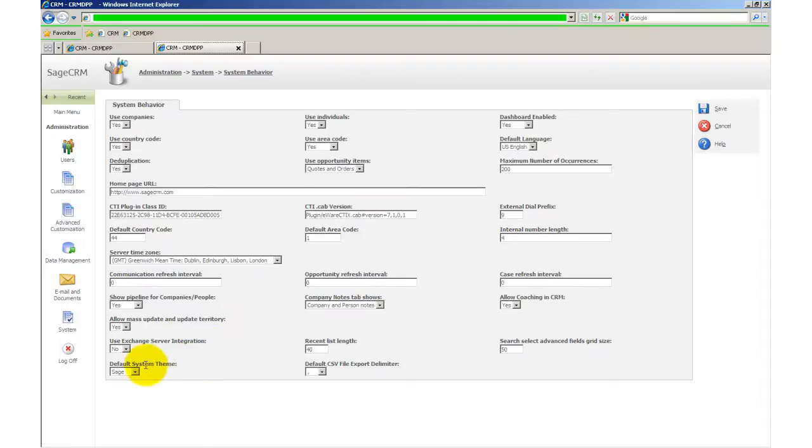The default system theme is the override that exists for any users to use unless they themselves have chosen a default theme or chosen a theme to use within their user preferences. So user preferences will override the default system theme. And the themes that are available are controlled using translations. So default system,